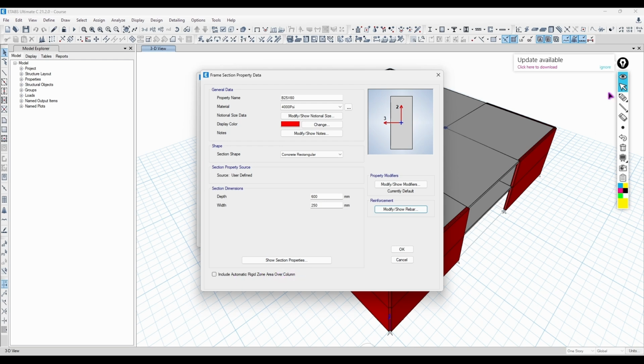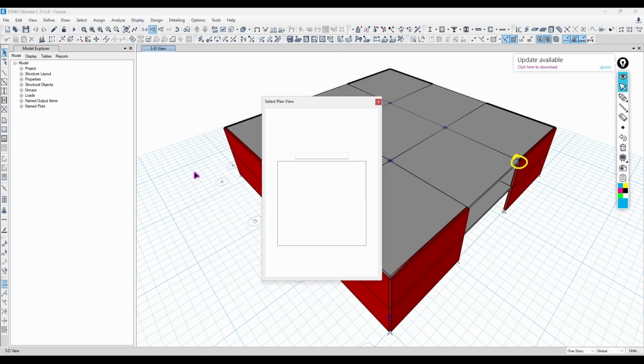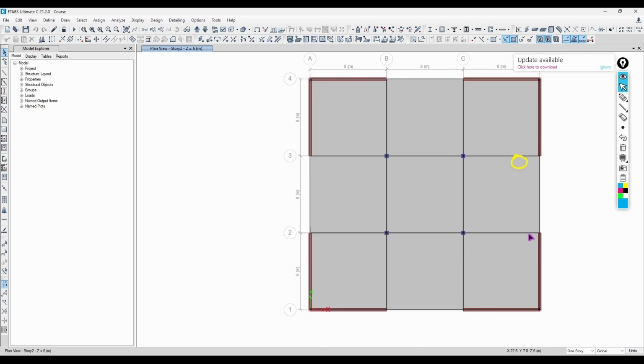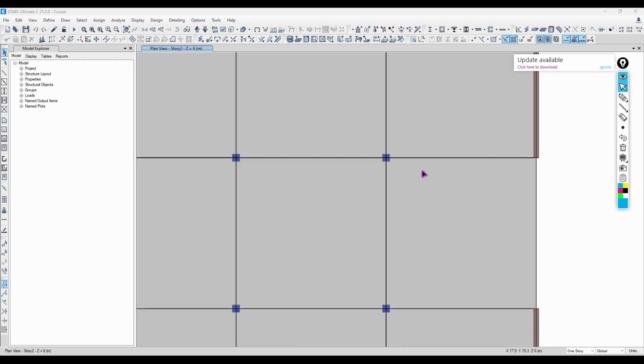Because sometimes, as we have said, the connection between the column and the beam has a tiny gap between them. So if we look into the plan view, I'm just going to click on OK for now, and get to the plan view, to story number 2, right? And let's do, yeah. So what happens when I include the automatic rigid zone and have a beam like here,